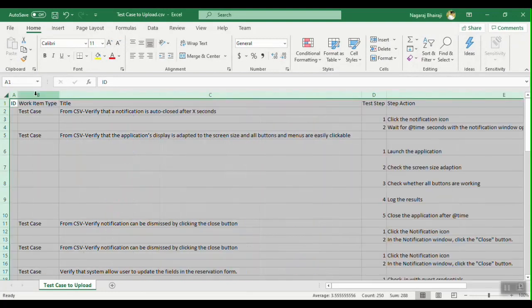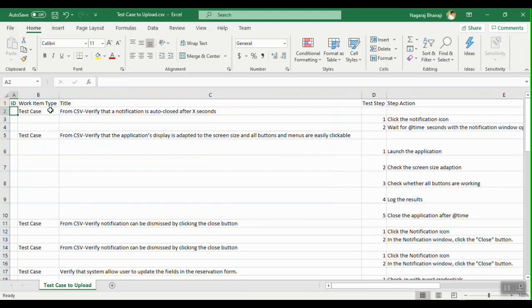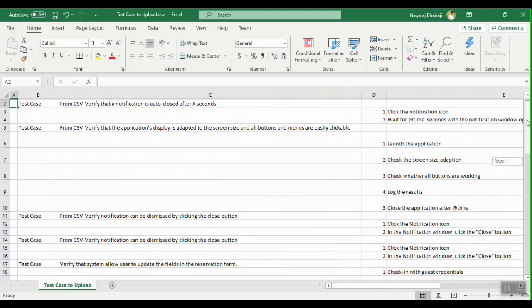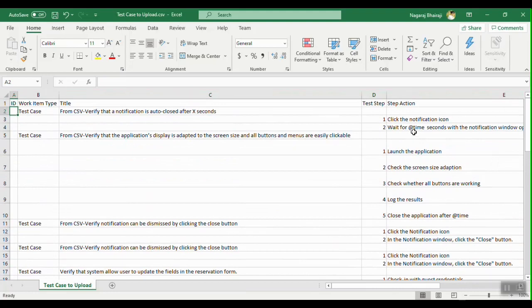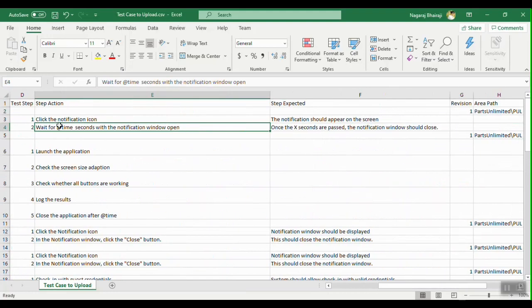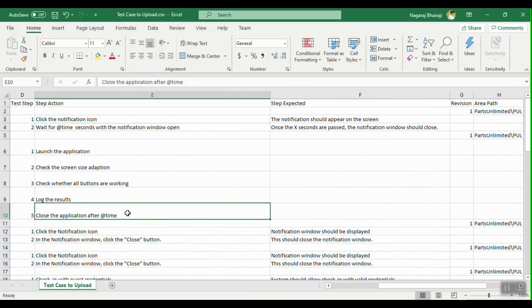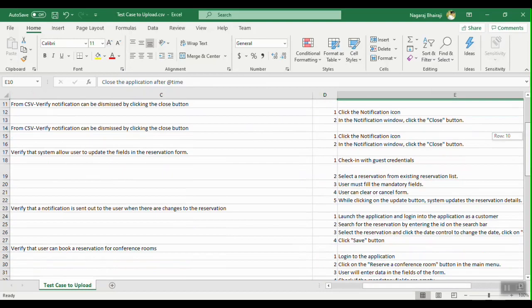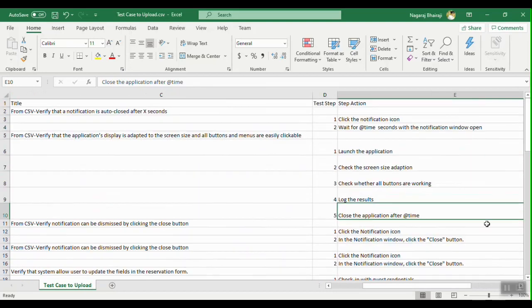Here it has all new test cases to be created, and if you observe, the steps have some parameters. You can see this one has at the rate, and even this one has at time. It has a lot of test cases and steps, plus